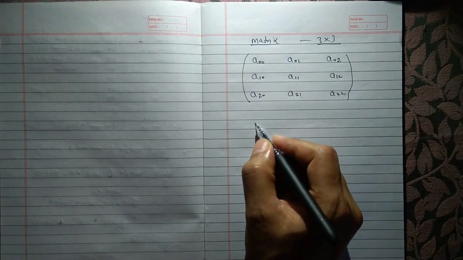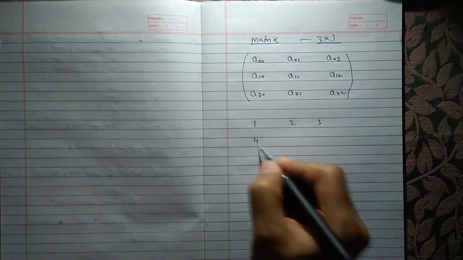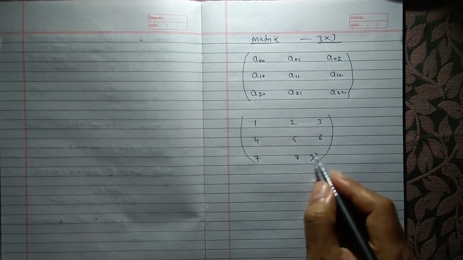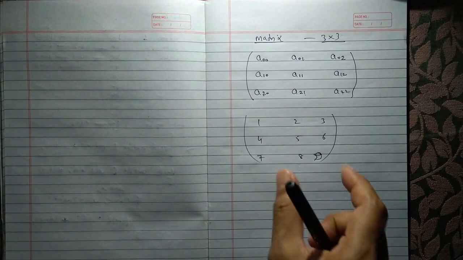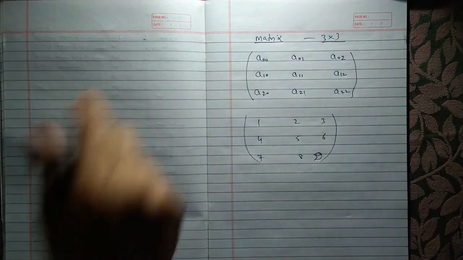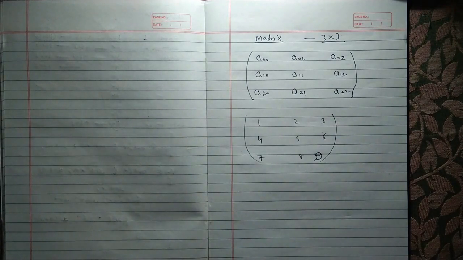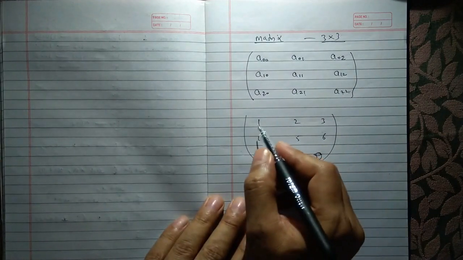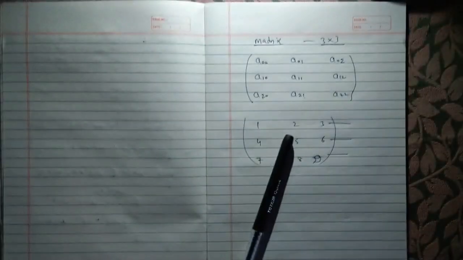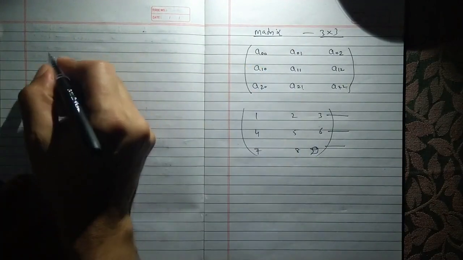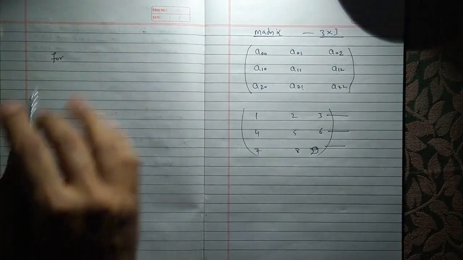Suppose you input the values 1 2 3 4 5 6 7 8 9 inside your matrix. So how to input and how to output by the help of coding? I will solve this very simple program. Okay, so you have to learn one loop, it is reading the matrix, so we will use 2 loops. I am writing only the code.